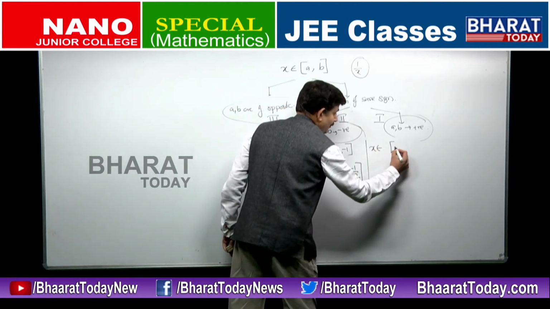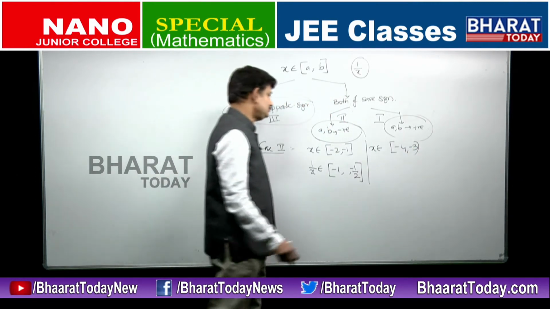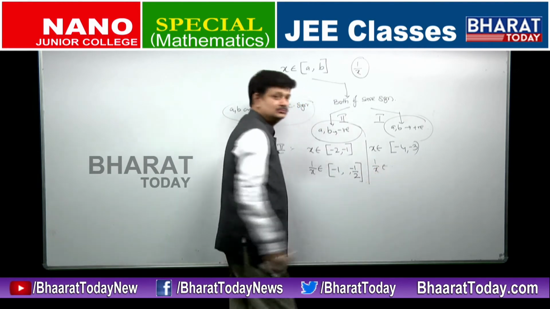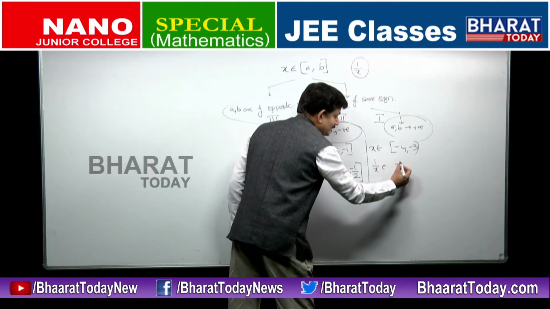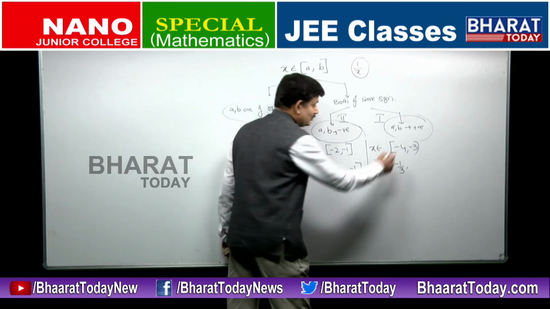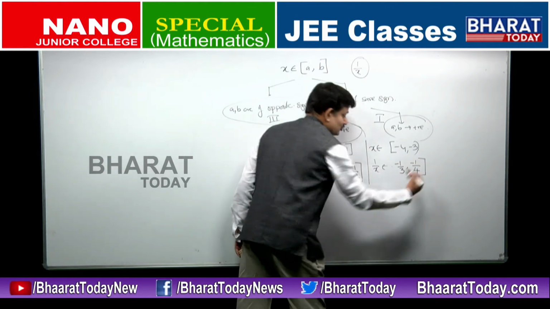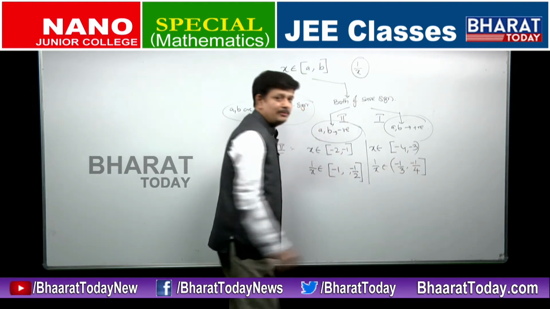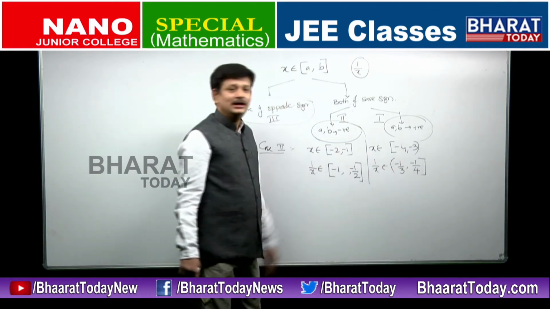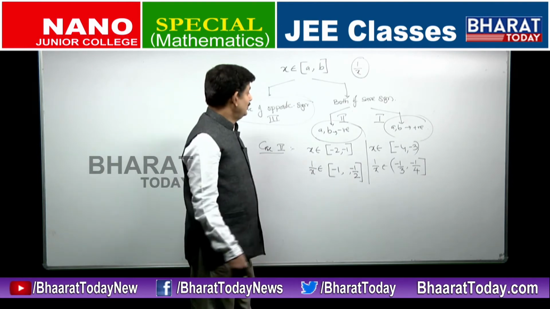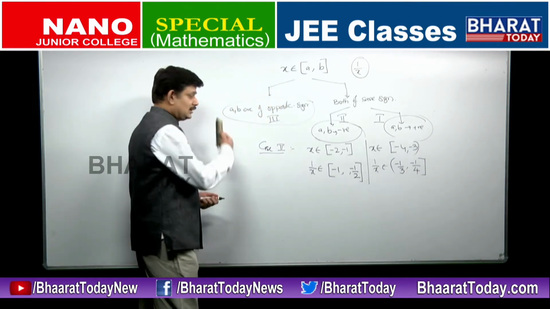x belongs to minus 4 to minus 3, closed at minus 4 and open at minus 3. Where will 1 by x belong? Simple decreasing function, so interchange the positions. The reciprocal of minus 3, you will write it here, minus 1 by 3. The reciprocal of minus 4, you will write it here, minus 1 by 4. Here it was closed, so this side it will be closed now. Here it is open, so this side it will be open now. Is it not simple? All we did is write the reciprocals and interchange the positions, nothing else. So case 2 is also similar to case 1. Okay? So let's go to case 3.